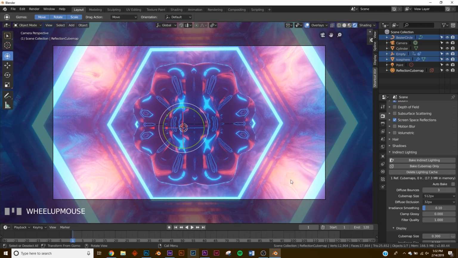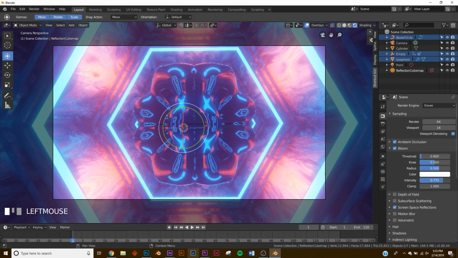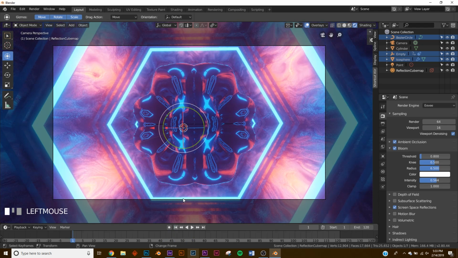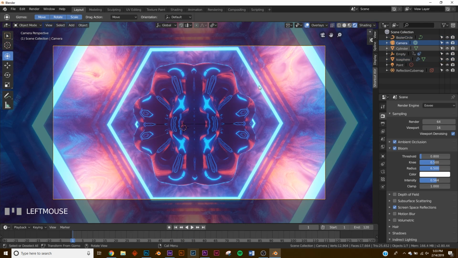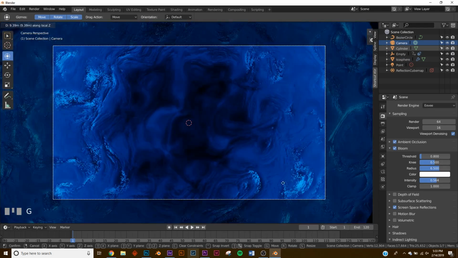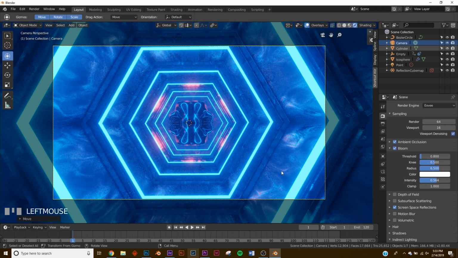Okay, so the bloom is a little bit too much. It's overtaking our scene. So click on the bloom, and on intensity, just bring it down a little bit, just like that. And that kind of does it for the bloom changes. Last thing we need to do is add our camera movement. So on your camera, hit G, middle click, and bring it out till it passes up our cylinder. That's where it passes it up. So right here, we'll start the animation.